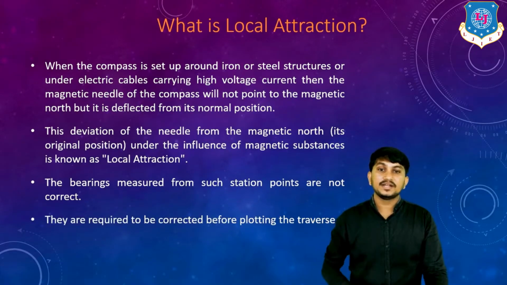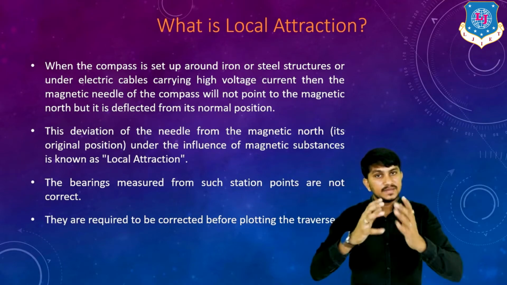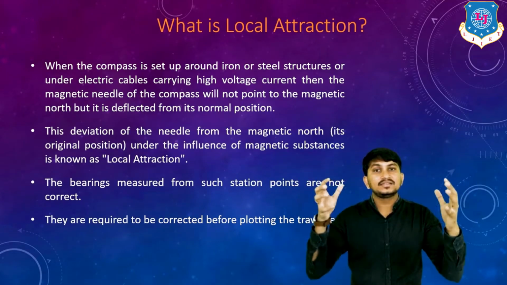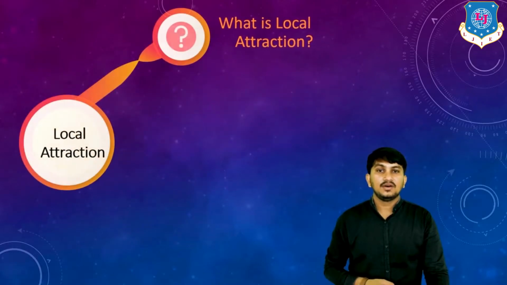They are required to be corrected before plotting the traverse. Okay, this is called local attraction. This is a deviation of the magnetic needle due to magnetic things or magnetic substances. Okay. Now,